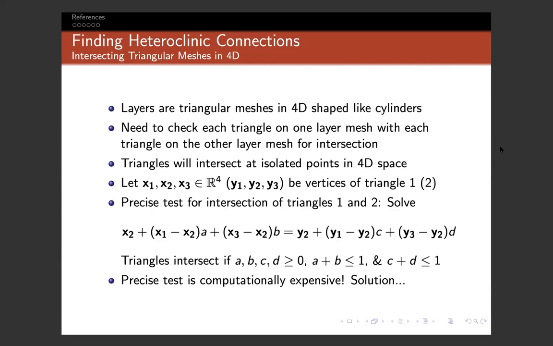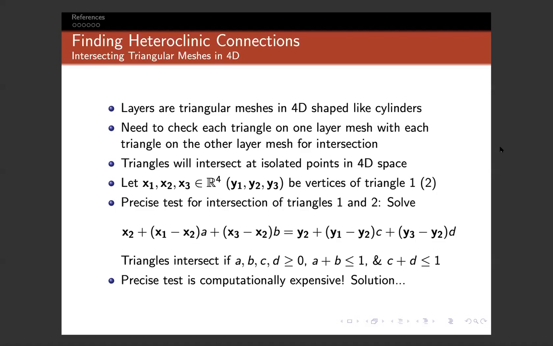So now that we have managed to restrict our intersection search, these layers are represented by triangular meshes by the same division of the quadrilaterals as earlier. So what we need to do now is check every triangle on one of the layers with every triangle on the other layer mesh and see if they intersect. Of course, since these are 2D triangles in 4D space, they're going to intersect at isolated points. So if you have x1, x2, x3, and y1, y2, y3 as the vertices of the two triangles,